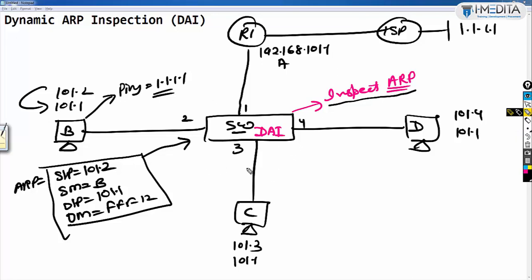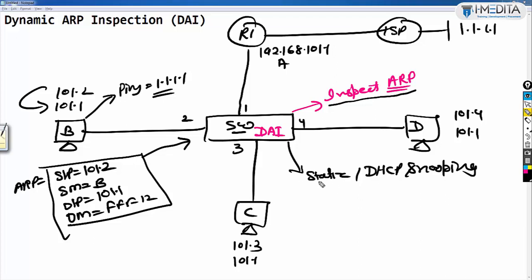Assume we are using this network with static IP addresses. So what do we have to do? We have to create a database statically. And if all the clients obtain IP addresses from DHCP, for that we will enable DHCP snooping.